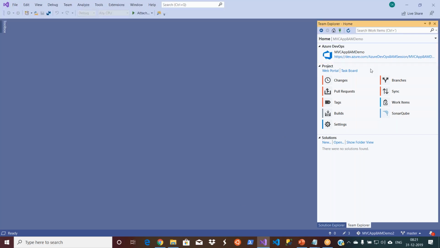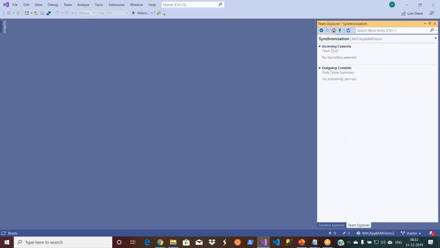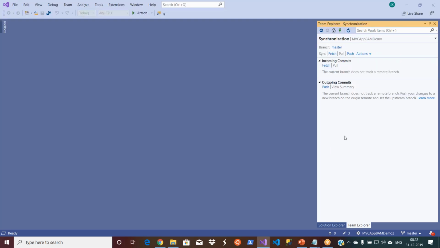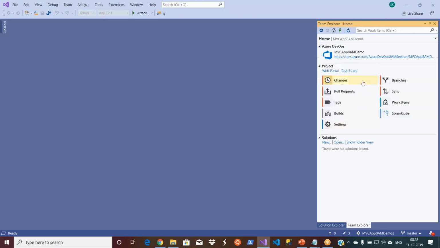Okay. Now, how do you know which organization you connected to? This is dev.azure.com and my organization. Yesterday it was different. It was connected to Sureka 86, which was another organization, and I did not see it actually. I simply pushed it without checking that. Okay, now I connected with this, and you can go and sync. Click on sync. Okay, everything is perfect. There are no outgoing, there are no incoming.